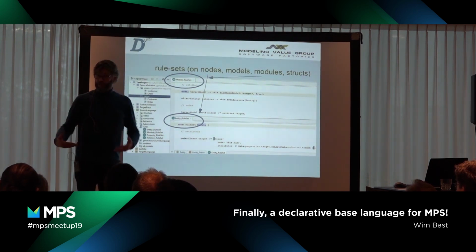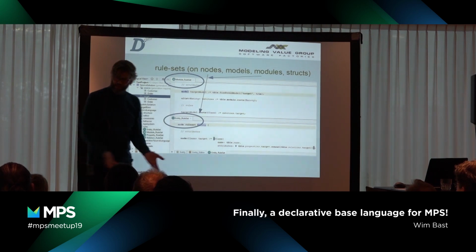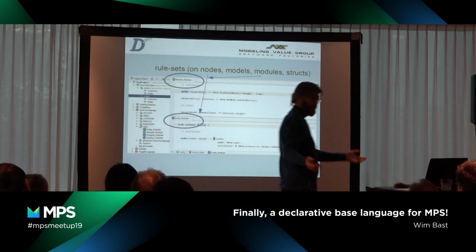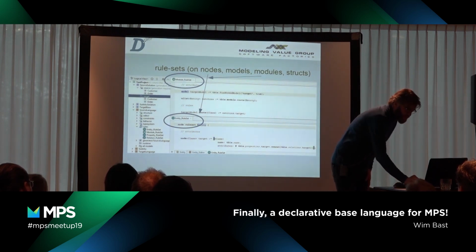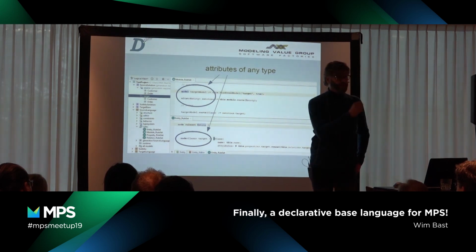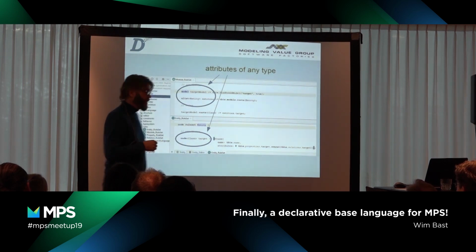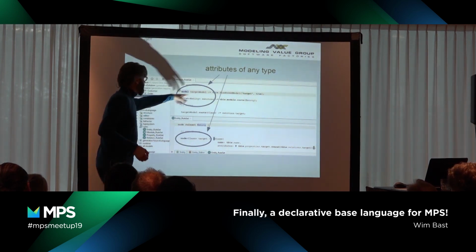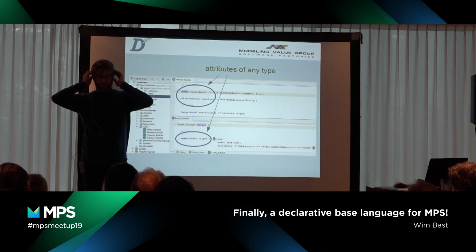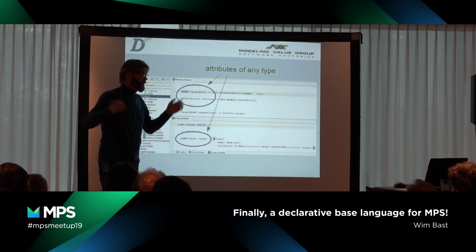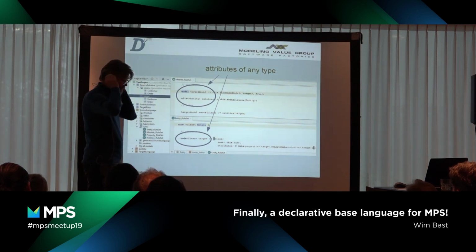For example, a rule that creates a model. You can define it on any level, so it's the complete concept for the complete model, including the modules, etc. You can define attributes. These attributes are volatile. They are not shown, and you can't do that in a projectional editor. But for example, this is a target model, and you can have any type that you like. So it's not like an attribute on nodes, which is quite restricted on the types.